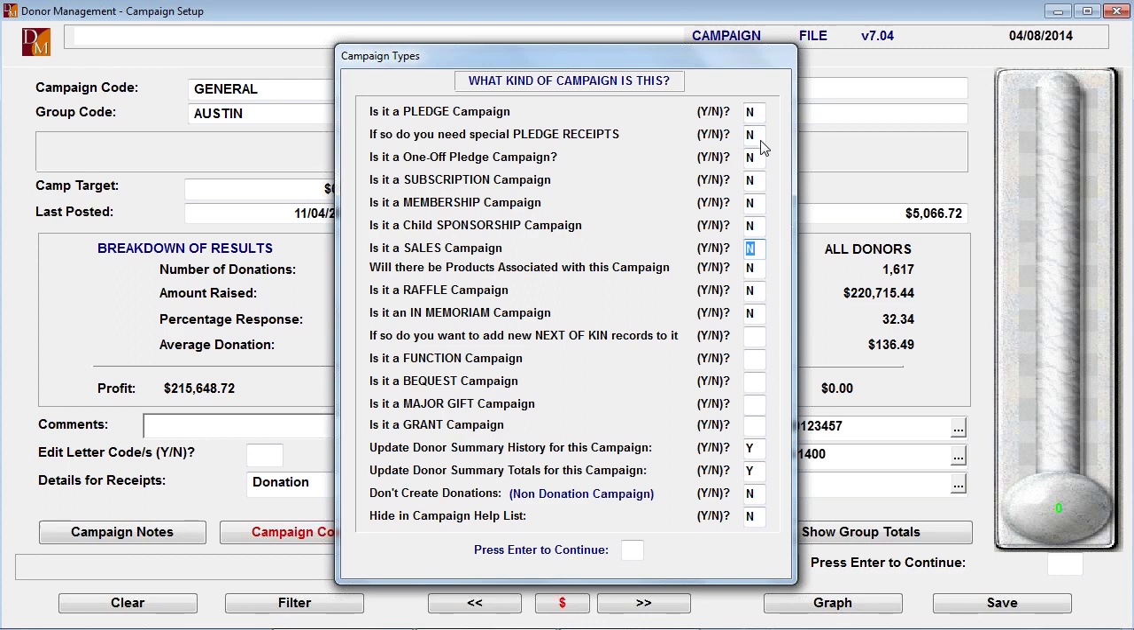So I can have special pledge receipts, I can have one-off pledge campaigns, which are used primarily in the case of telemarketing and things like that, or I can have a subscription, a membership campaign, or a child sponsorship campaign. Because I've said no to the first one, the next one takes me down to ask,